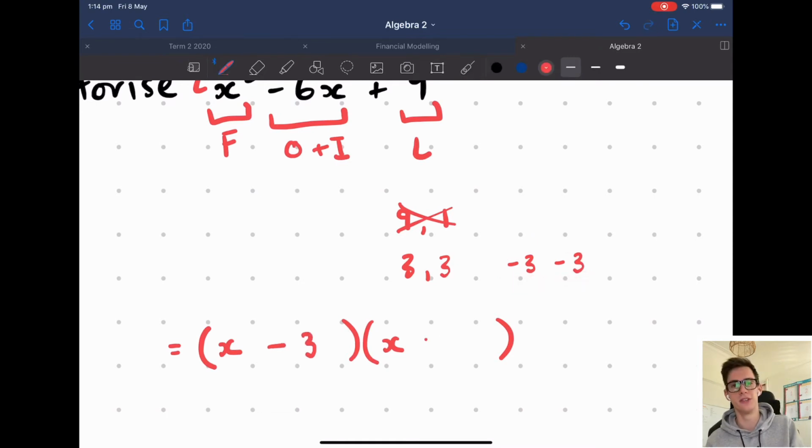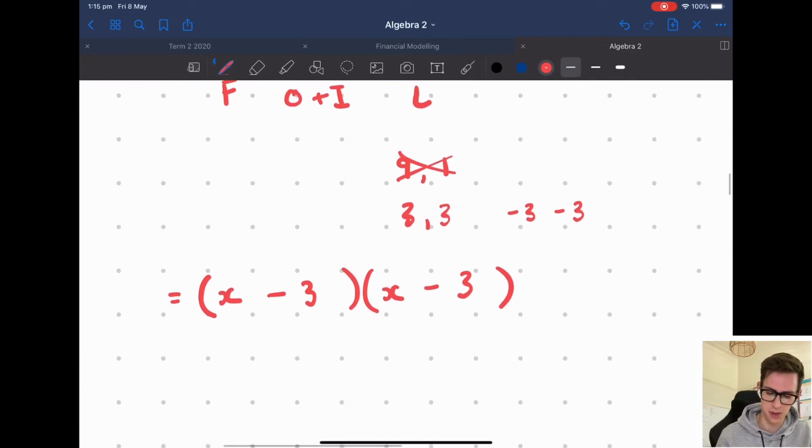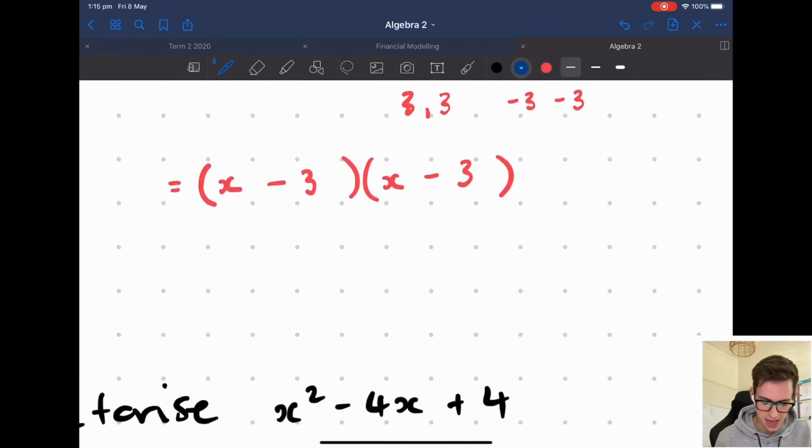So I can pop those there. The very, very last step, and this is something that a lot of people forget, is x is going to be equal to, okay? And in fact, we don't even really need to do this step yet. If you were to get to this point, you're totally fine. But this is going to be really useful down the track. X is going to be equal to what makes